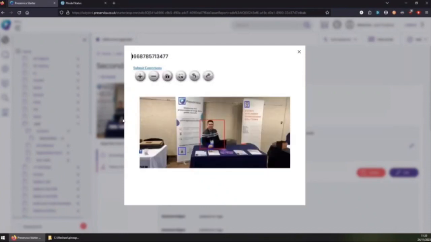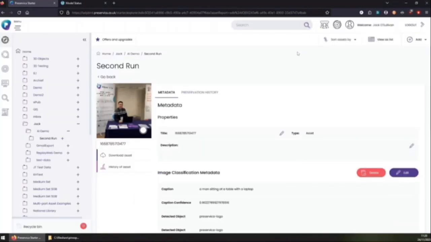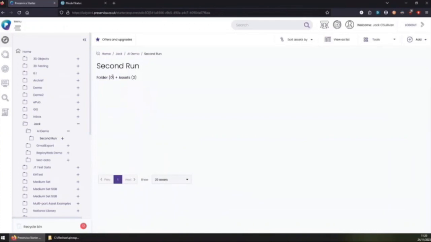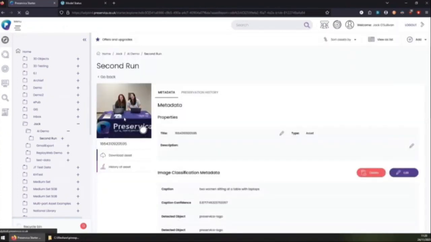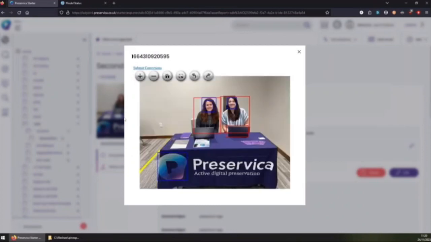Now I can render this document and this image, and you can start to see that some of the things that it was previously picking up erroneously as Preservica logos, it's no longer matching. It's still over-matching, but we're still only using a fairly small sample size. We can see it's still matching faces, but not the wall socket over there.